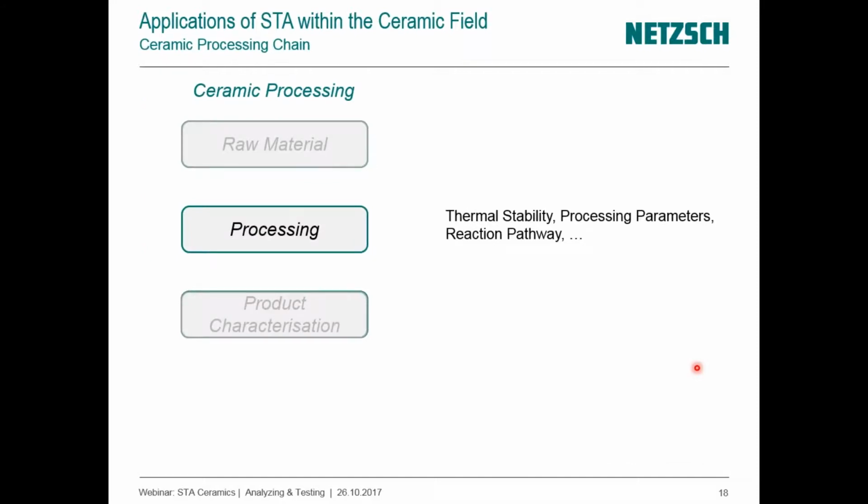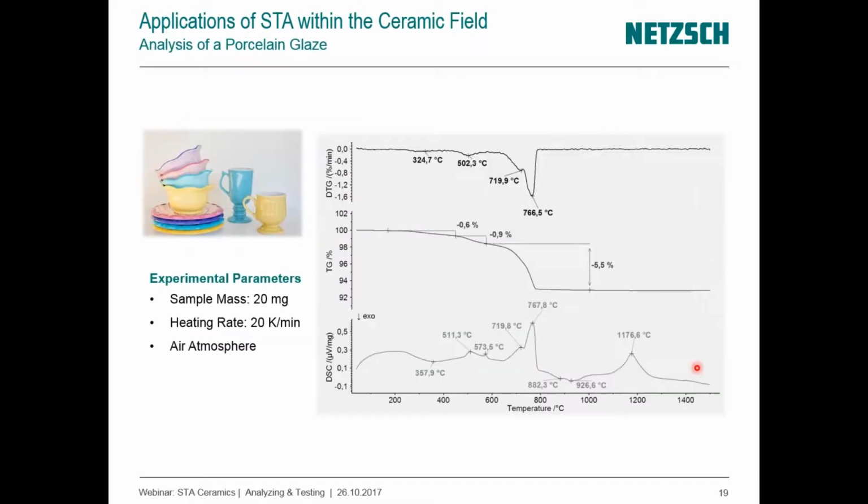And the final example for product or raw material characterization is just for specific heat determination. Here a more or less standard example of aluminum oxide, with comparison of measured data in red and the black data of the literature. Just to get a feeling, in principle we can analyze with such an STA specific heat up to